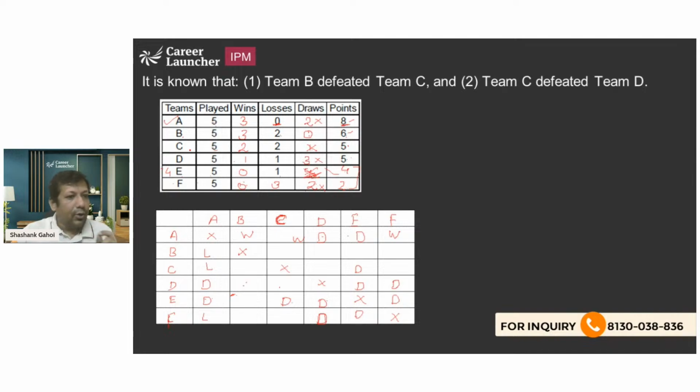ए सेटल हो गया और कौन बचा, ई बचा। ई का भी सेटल ही हो जाएगा क्योंकि ई का एक लूज है तो किसके अगेंस्ट लूज होगा, वो बी के अगेंस्ट लूज होगा। सो ए ई लॉस्ट अगेंस्ट बी एंड बी वन अगेंस्ट ई, सो दिस शुड बी विन।